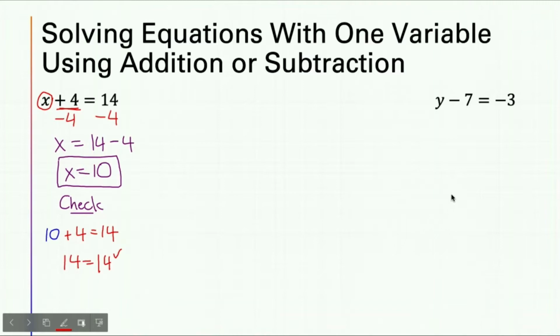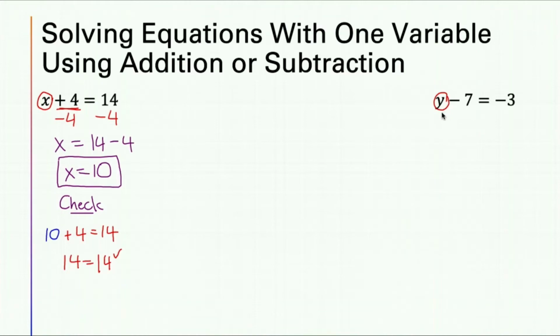Now, let's try the second one. y minus 7 is equal to negative 3. Now, yes, you have seen the negative, and I'm assuming you know how to manage with negative numbers, for they should have been taught. So, we leave our variable alone, y. And remember, a variable can be anything as long as it's not a number. It just needs to symbolize that there's an unknown there. It can vary.